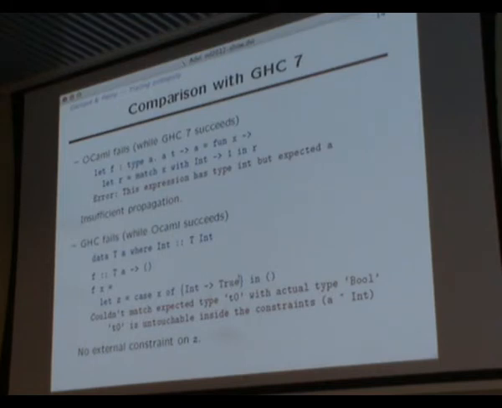So here I'm returning true, but actually I'm not using the Z here. And so there's no way to infer from the outside what the type of Z should be. Okay? You could have the same situation if you use show Z, for instance. So you would just have a type class constraint, but not a concrete type. And it ends up being the same kind of problem. For Z, it just infers some polymorphic type. And inside, it should actually be a bool, and it's not allowed to do unification between